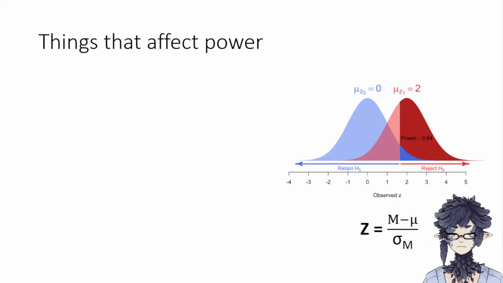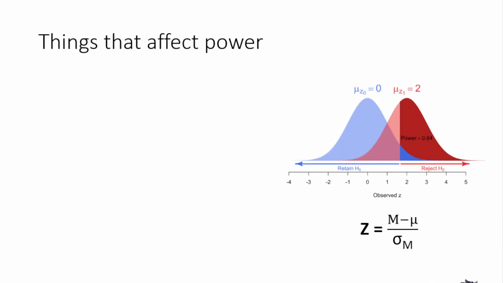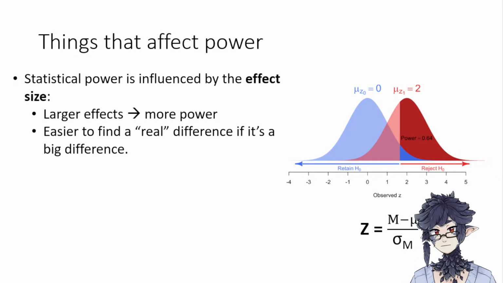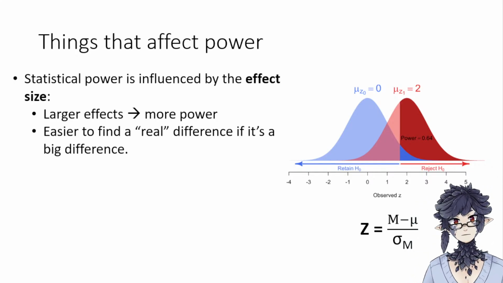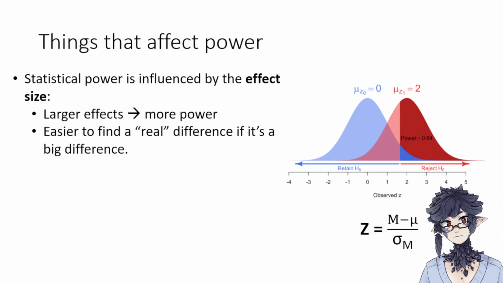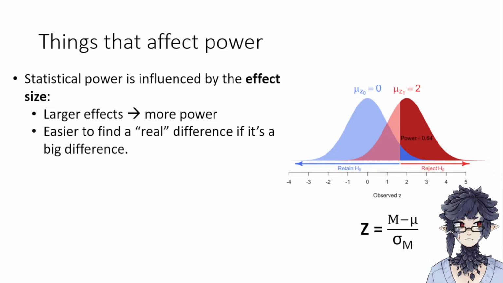There are a bunch of different things that affect statistical power. The first being the effect size. The bigger an effect you have, the easier it is to find. It's easier to find a real difference if it's a big difference. It's much easier to say that